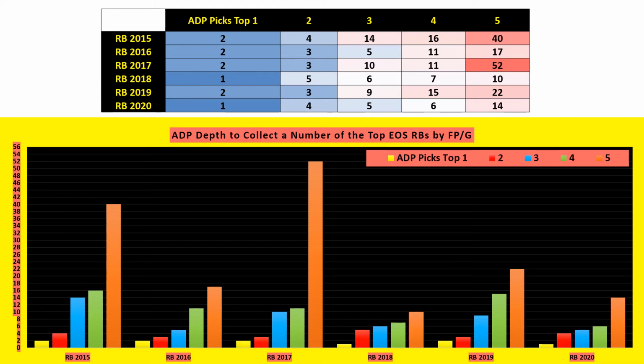To pick the top 2, you have to go down as far as 5. Top 3, you have to go down to as far as 14. Top 4, down to 16. Top 5, you would have to include down to 52. Notice last year and 2018 were the 2 best years. So if you judge by 2020, you're going to have an unrealistic view of the preceding 5-6 years.